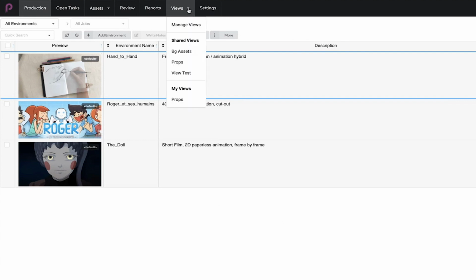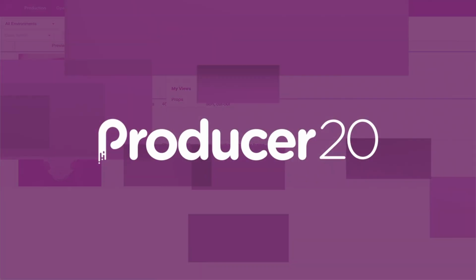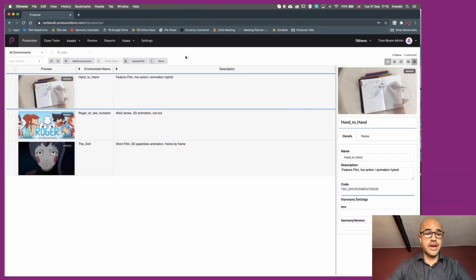Views is where you can manage views. Within Producer, you can actually create different types of views, save them, and even share them amongst your team. For instance, you could have searches that you have set up. You could have specific types of views, specific windows opened or closed, columns. All of that can be saved and shared amongst your different teammates or for you to go to at any point in time. Let's go to the project that we would like to track.